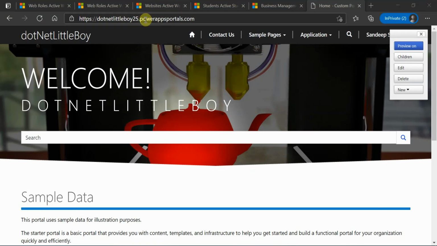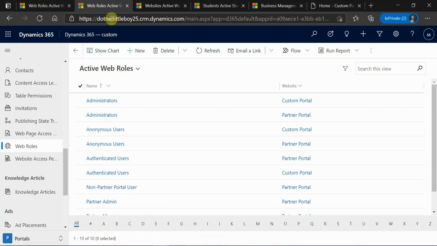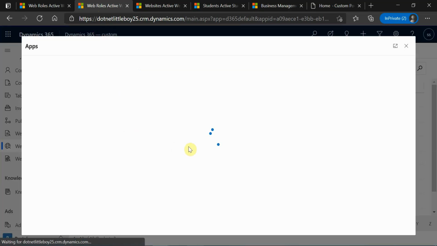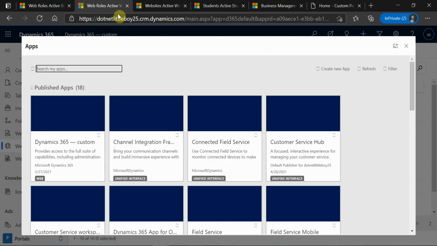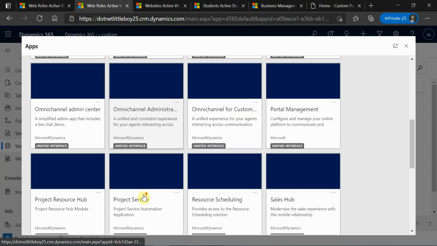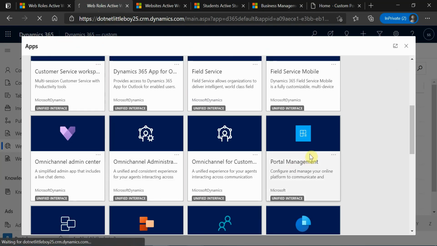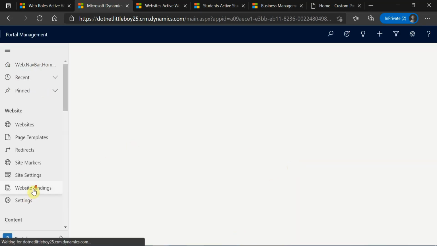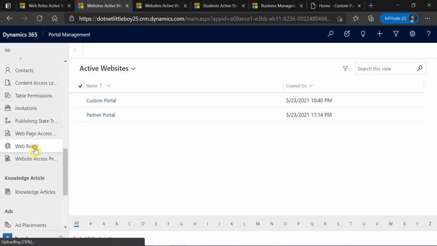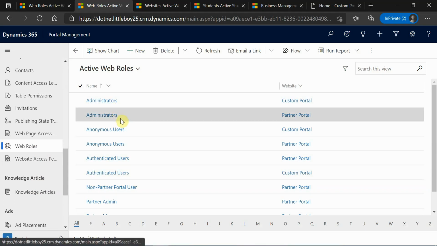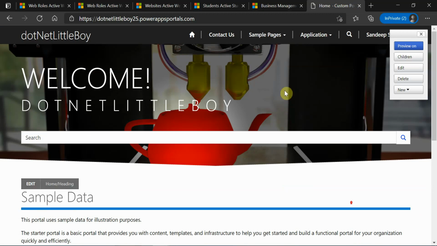Here I have logged into my portal. This is my portal, and I have logged in with the admin privilege. When you log in with the administrator web role, I mean, when you go to your Dynamics, in the portal management tab, when you enable the portal, then you will have the portal management app created. So this is the portal management app. When you go to this app and go to the web roles, you will see the administrator web role. When this web role is assigned to your contact, and when you log into this portal,